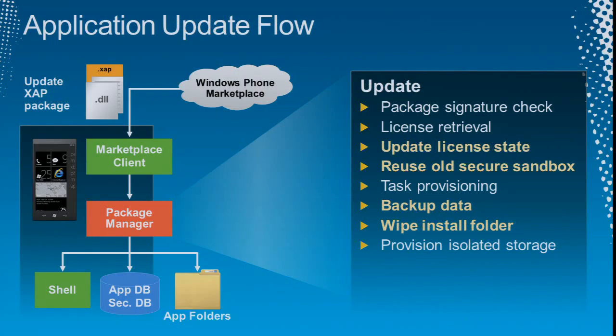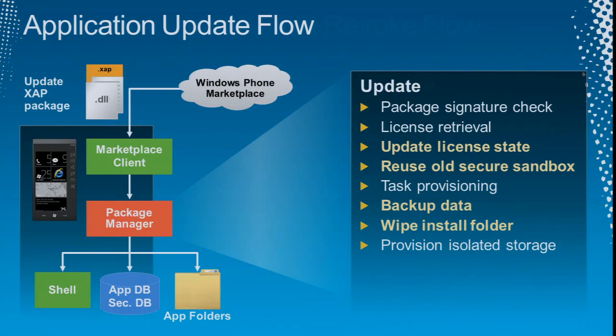So here's the update flow that I was just talking about. Once you've received notification there is an update, it's much the same. We update the license state. We reuse the same sandbox. The first thing we do before we go too far is back up the data that's currently in the app, so you're not going to lose any of the data in your app. We wipe the install folder and then re-provision it. So it's typically a very quick and seamless process, and the user really doesn't have much to do,